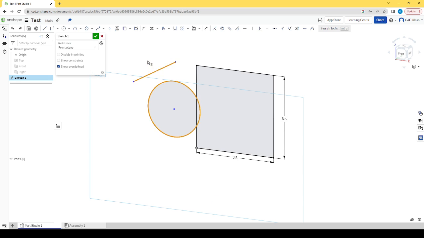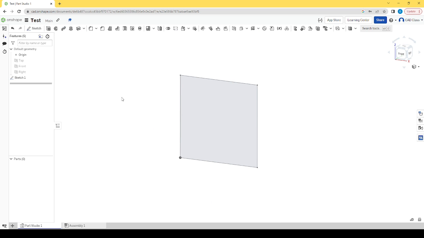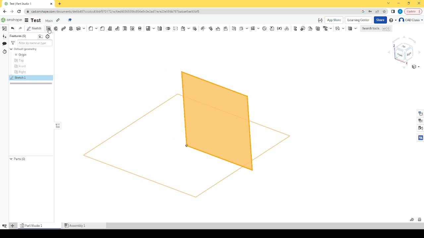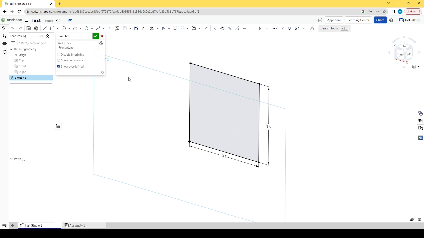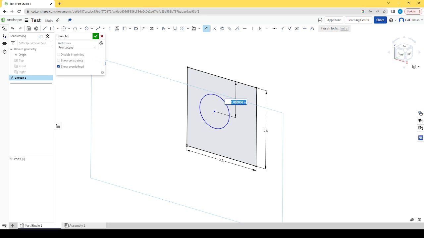So let's exit out of this and delete some stuff here. Other tools like Extrude are pretty much the same as they are in SolidWorks or Inventor. Once again, you've got one of these selection boxes that you can use to select your regions. I'm actually going to edit this and add a circle,